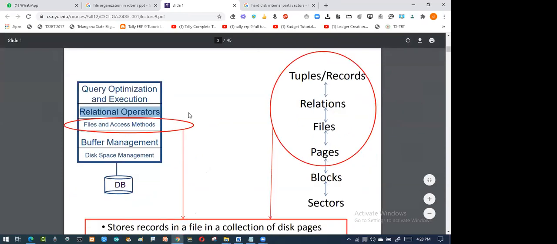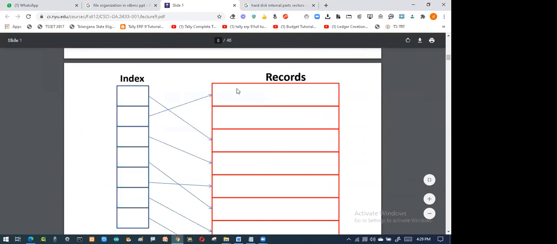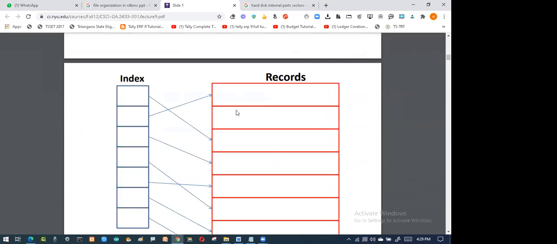When I'm accessing the files on the disk space, because the file is available on my hard disk, I want to pick up that file using some operations. I am putting the queries. What I need, I should get. Wherever it is stored, it will immediately give it. In a fraction of a second, it will search and give me. So how is the search happening?